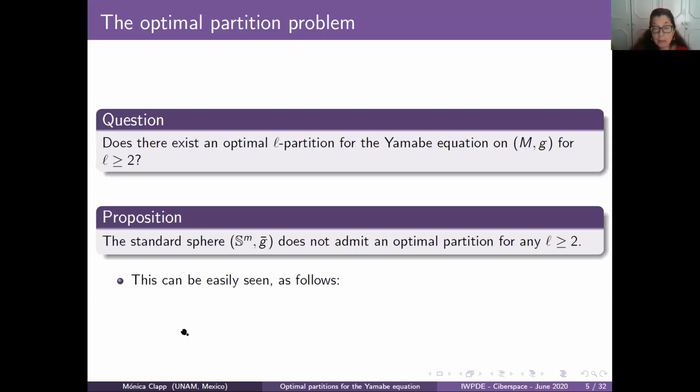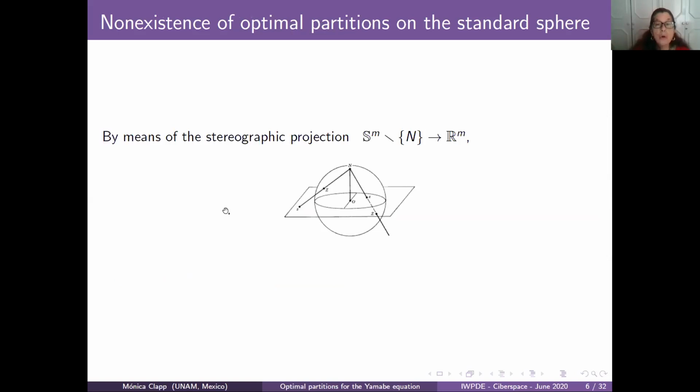Let me show you that. You see, the Yamabe equation is conformally invariant. This means if you replace M by any manifold which is conformally equivalent to it, then you get an equivalent equation. Since we are talking about the sphere, we can take the stereographic projection and transform the Yamabe equation to